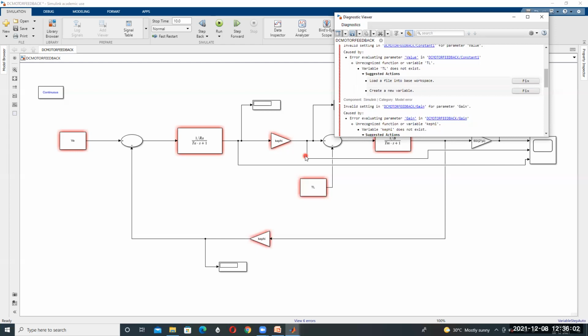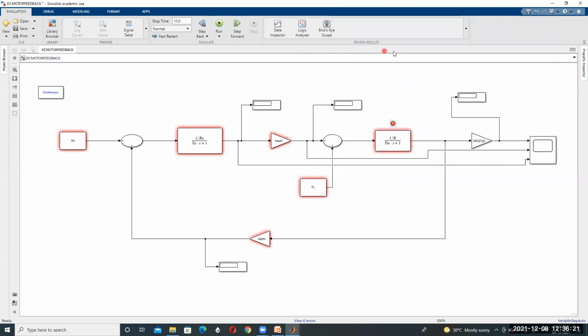By entering these values, for example VA is equal to 160, they will be stored in the workspace. After this we have to press the run icon, and then only the experiment will be executed.